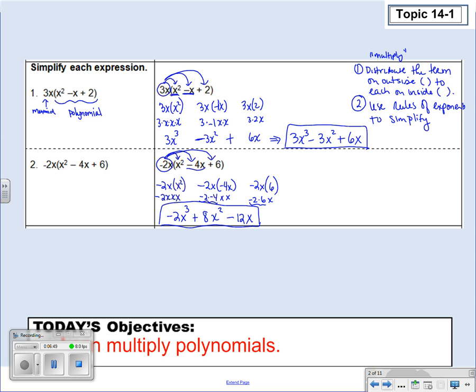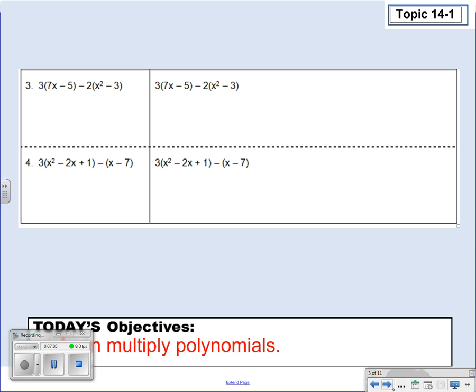Most important part for these is for us to remember to take the sign with the variable and its coefficient when we're distributing. So let's look at problem 3. You notice that 3 and 4 are slightly different than the ones that we had with 1 and 2. The way that they're different, we now are dealing with 2